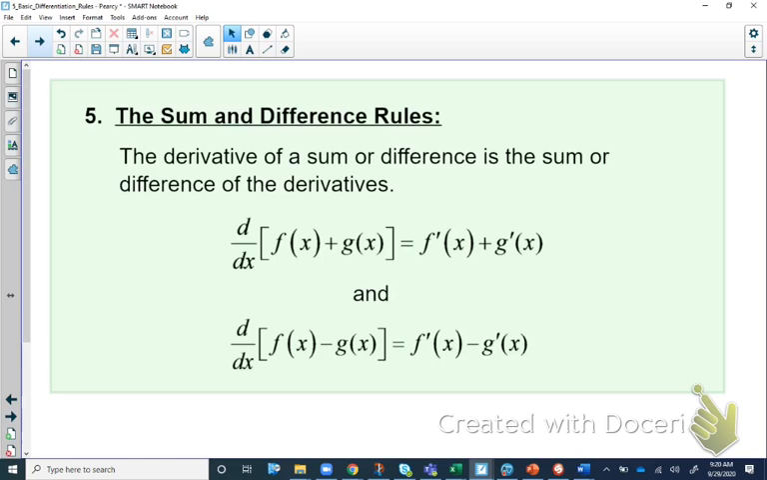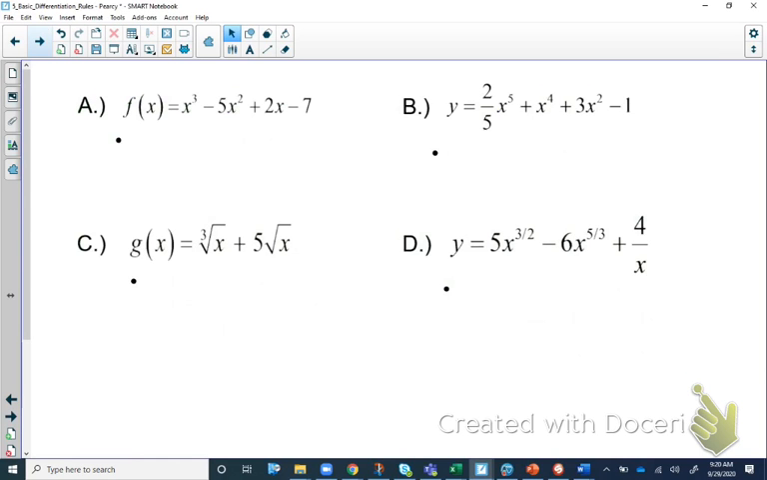or difference of expressions. So for instance, example A is just a third degree polynomial. But example C, they're not giving us polynomials. All we're going to do is look at each individual term by itself and apply the power rule. So for instance, on A,